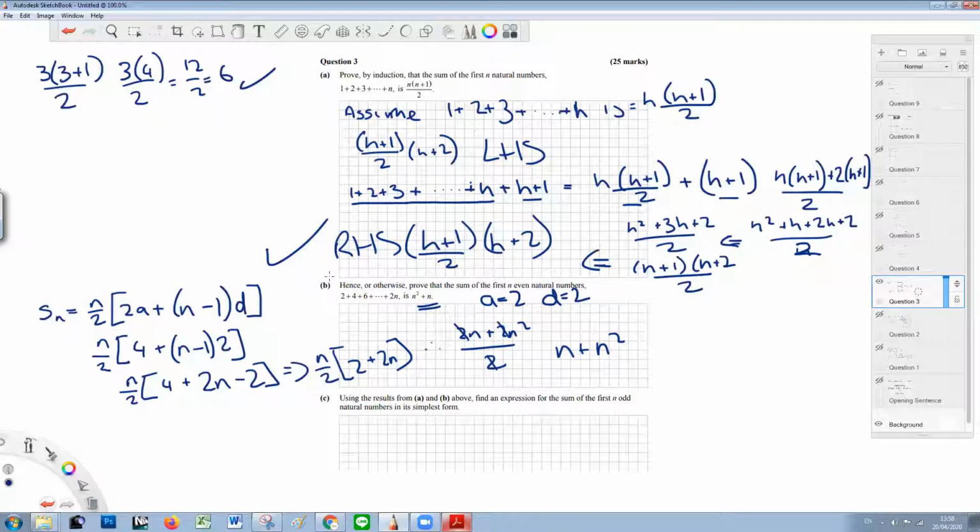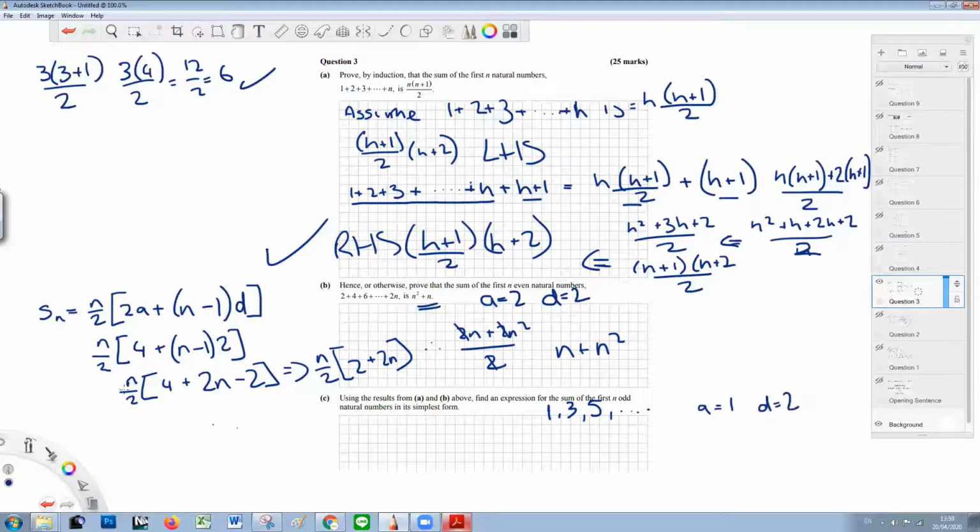I mean, you could do this in a number of ways. I'm going to do it this way. So I know the sum of the first even numbers, because we said prove the sum of the first even numbers was that, so I did it that way. So this time I'm going to say a is... we're going to look for 1, 3, 5, whatever it is. So our first number again is going to be 1,